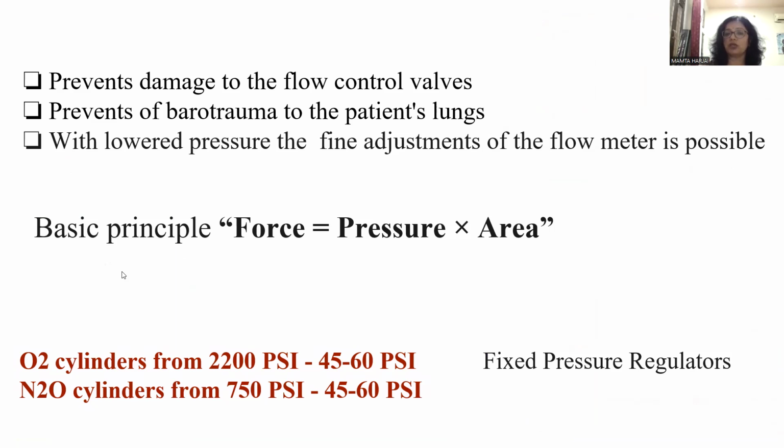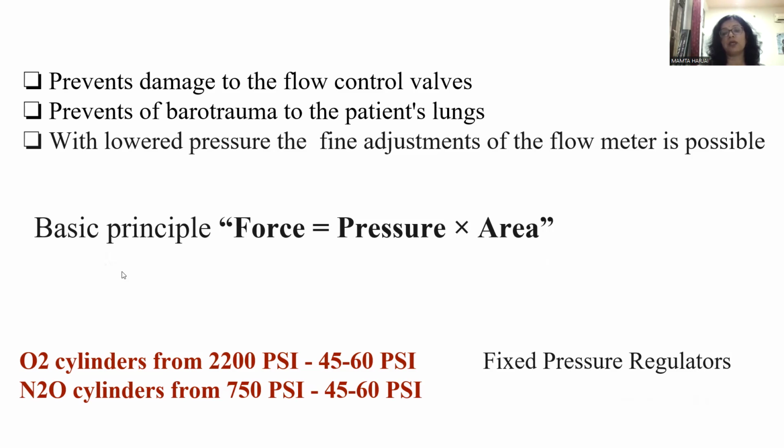Even with the lowered pressure, fine adjustment of the flow meter is possible. These are called fixed pressure regulators because the orifice is fixed here. For oxygen cylinders, they decrease the pressure from 2200 psi to 45-60 psi, while for nitrous, it reduces to 45 to 60 psi. The basic principle which works here is that force is equal to pressure into area. As we know, pressure is force per area, which we just convert, so the equation is now force is equal